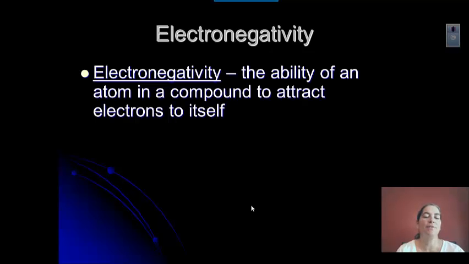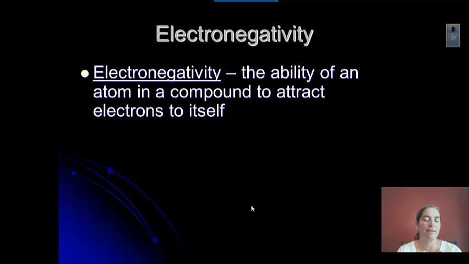The last one we need to talk about is electronegativity. And the definition of electronegativity is the ability of an atom that is in a compound. That's really key. So underline it, highlight it, whatever you like to do. And what it does is when it's in a compound, you have two atoms next to each other. One atom that has a higher electronegativity is next to another atom. If the